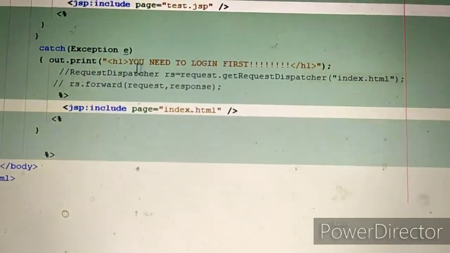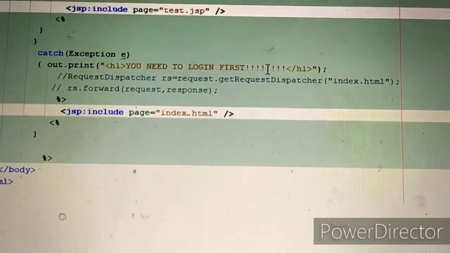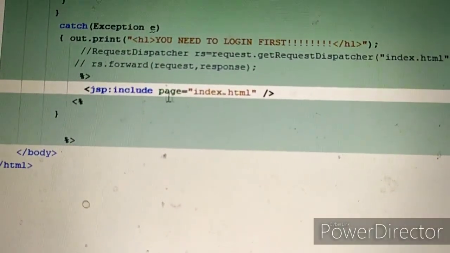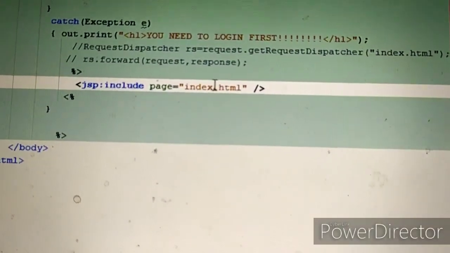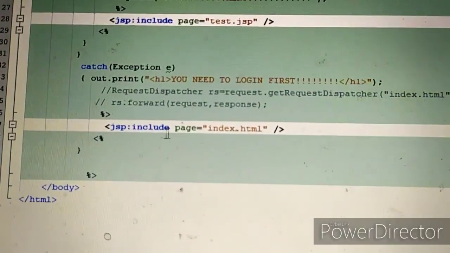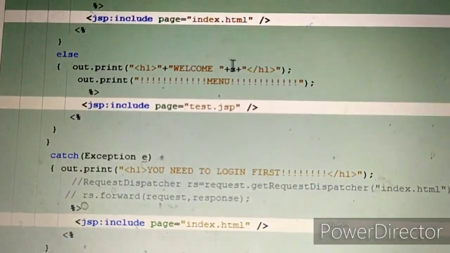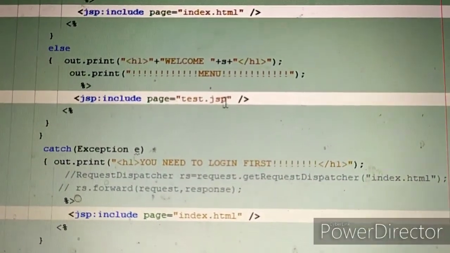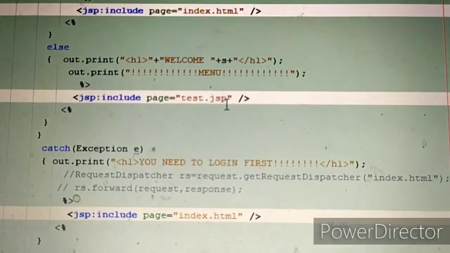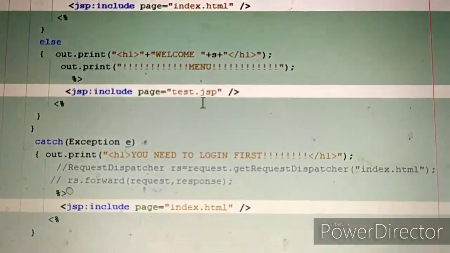In the exception we have printed an error message, you need to log in first, and then included this index.html page here. Okay, and if the login is correct, then welcome page, and we have included the test.jsp page, which is a menu page. We'll see what this test.jsp is.